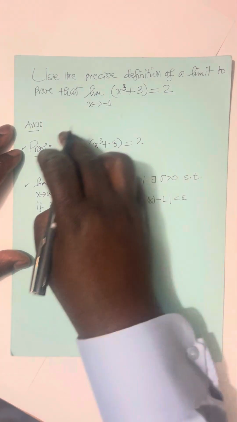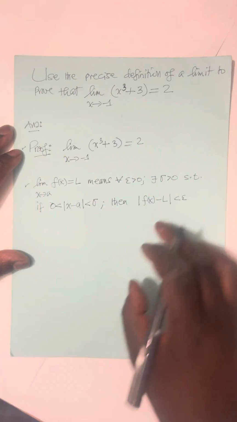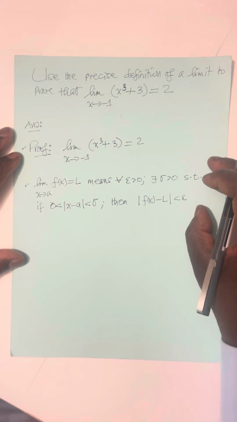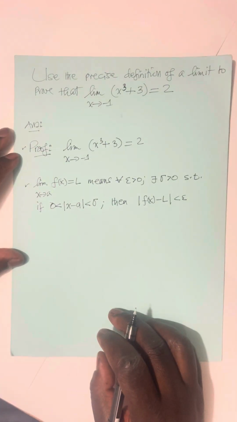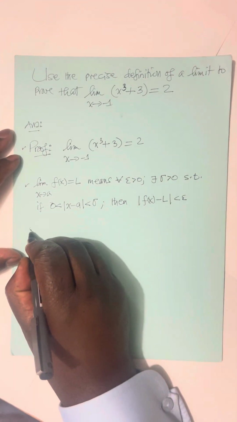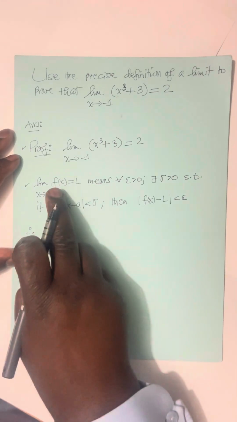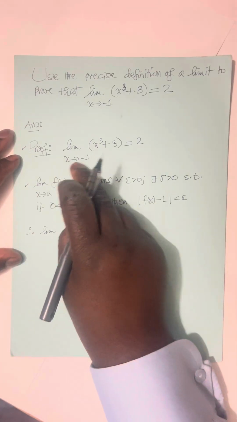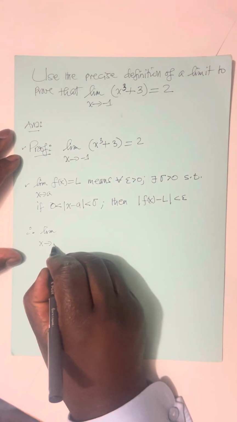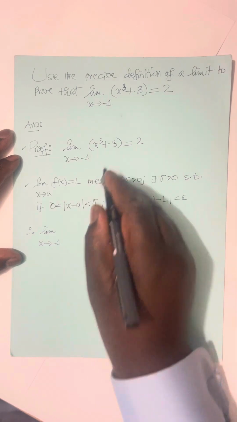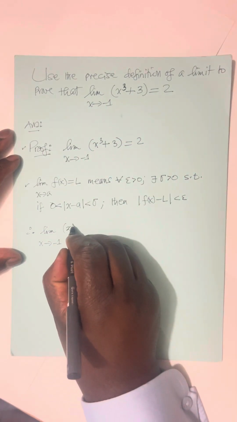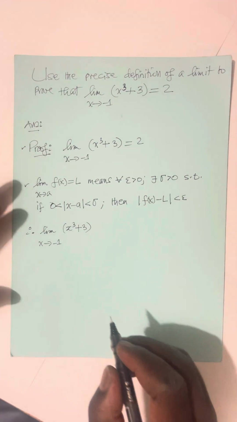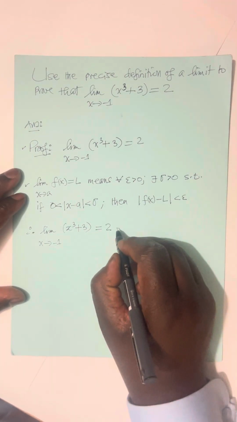Now let us translate the given question into the precise definition of a limit. In other words, state the precise definition of a limit incorporating this limit given here. How do we do that? Therefore, we are starting from here. The limit as x approaches minus 1 of x cubed plus 3 is equal to 2 means